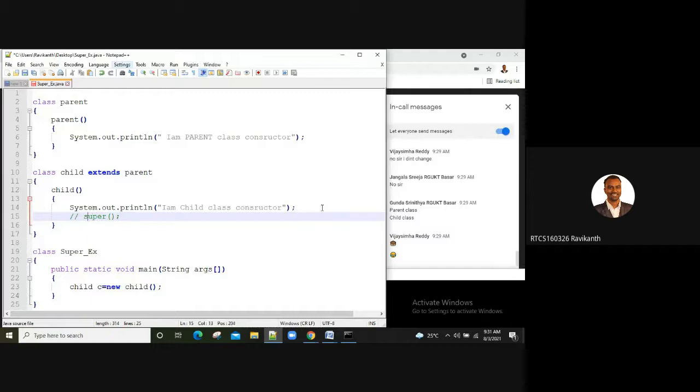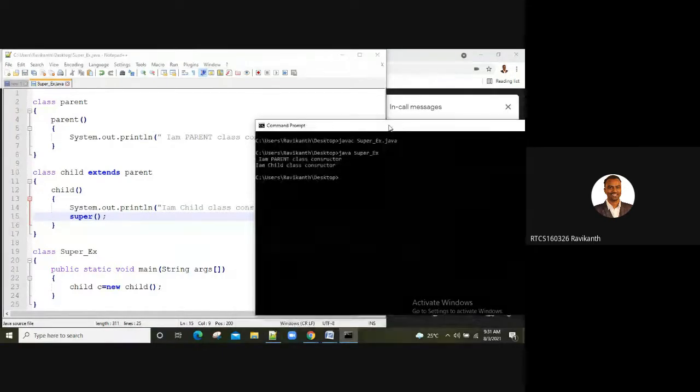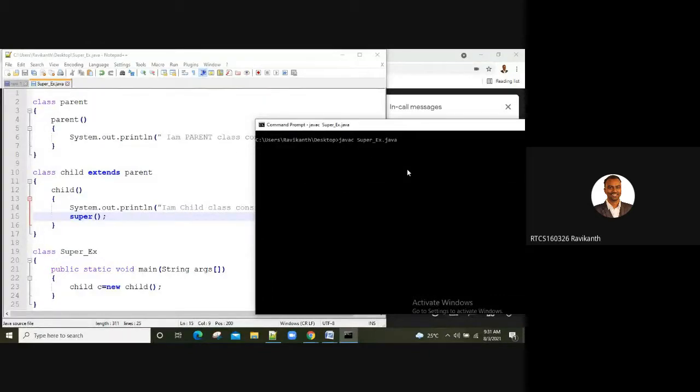Sir, why don't you explicitly write the super keyword? Okay, let me check. What error is given? Call to super must be first statement in the constructor.